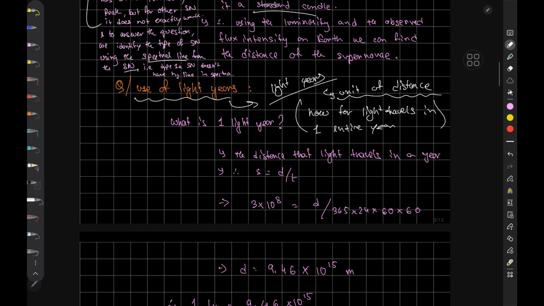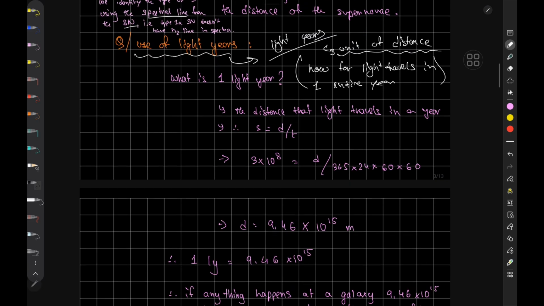Okay, so how do you find that out? Do you know this equation, speed is equal to distance by time? Obviously you do. If you don't, nothing to say. So speed is equal to d by t. Speed is 3 into 10 to the power 8 meters per second. Distance we want to figure out, right? Time we know, distance we're going to find out. Time is going to be